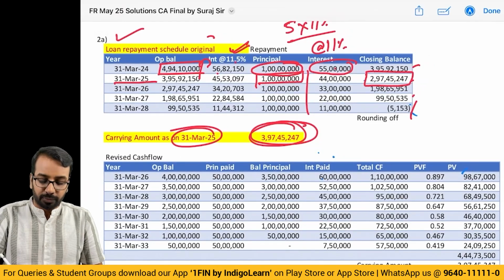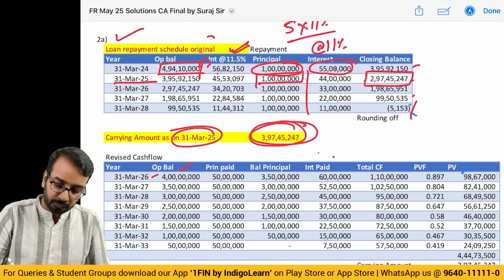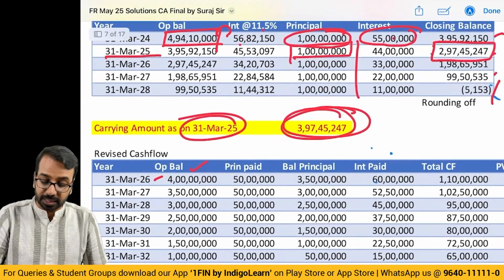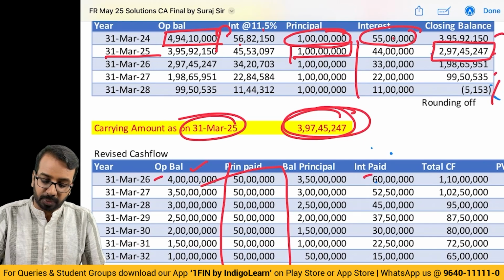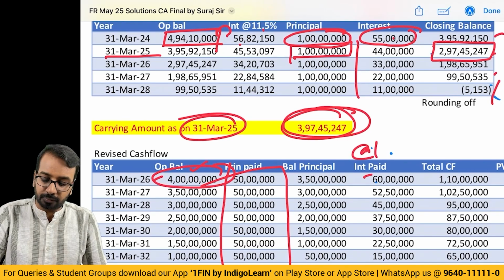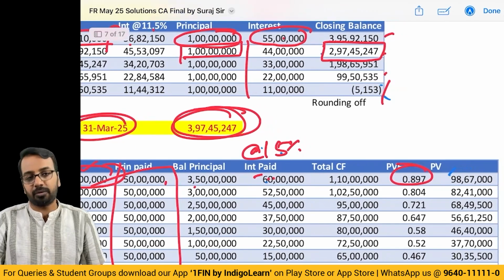Now what you will do, you will take the revised cash flow. What is the revised cash flow? See, the loan has now a balance of 4 crores. That 4 crores will be paid in principals of 5 crores each, and you will also pay interest on the opening balance at 15%. This total cash flow, interest plus principal, 50 plus 60, you will discount using the discount rate of 11.5%